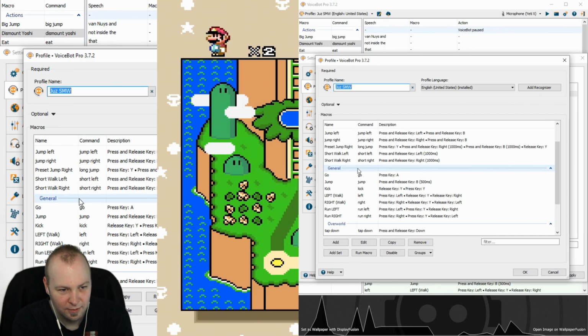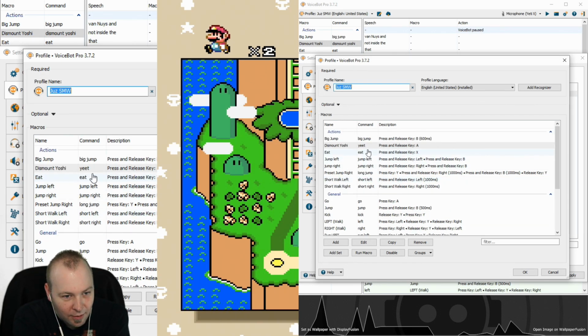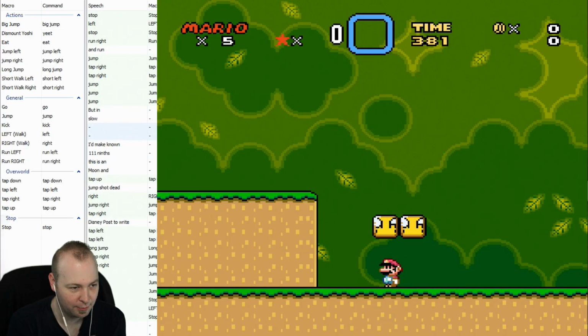Yeah, you could save state your way through it and say that you did it, or just do level by level. But once each level's mapped out, how hard would it be to do the entire world without getting a game over? So I downloaded the VoiceBot software, learned how it worked, and started setting up some basic commands to get started. Tap right,